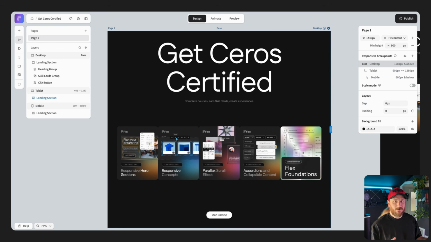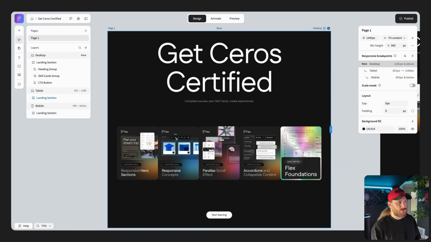I'm working on a section for a landing page for a certification program I'm building, but I feel like the cards on this section are a little bit boring, so I'm going to bring them to life with Flex AI. What I'm shooting for is the cards to appear to be in zero gravity. I want them to float around, bob, rotate, and spin, and I also want them to dynamically react to the